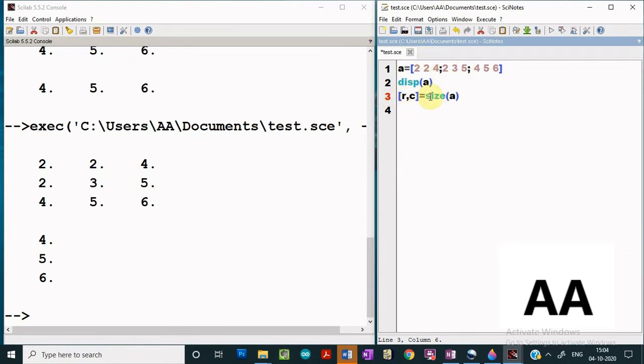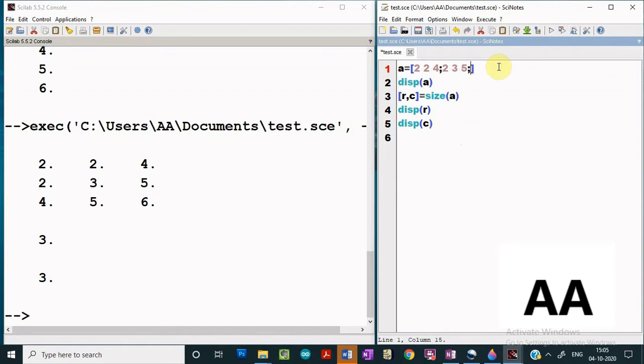If I give this kind of command, then we'll see that the size of the given matrix A will be returned and the number of rows will be stored in the variable R and the number of columns will be stored in the variable C. After this we can display the rows and similarly we can display the columns. So let us execute and see what we get. We are getting 3 by 3 because this is a 3 by 3 matrix.